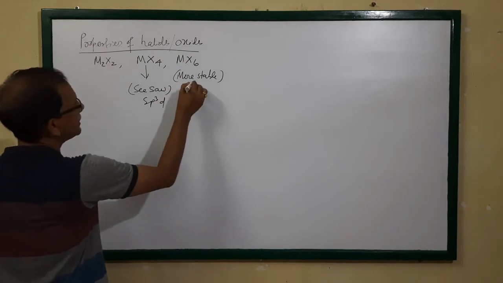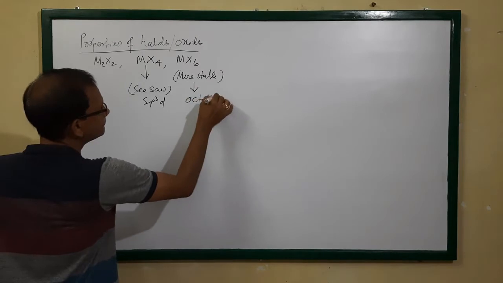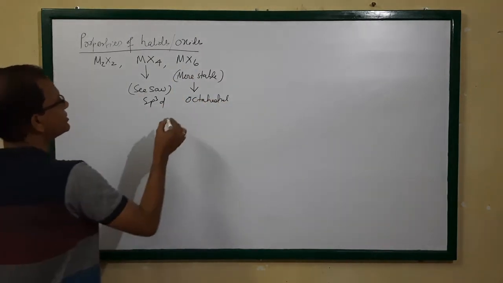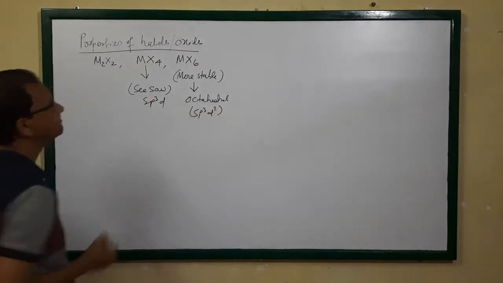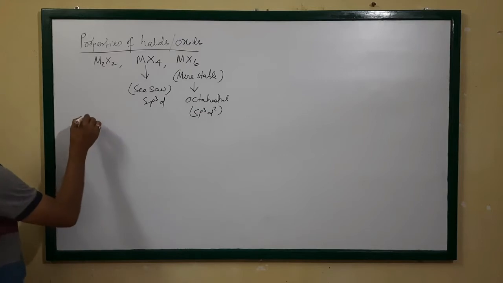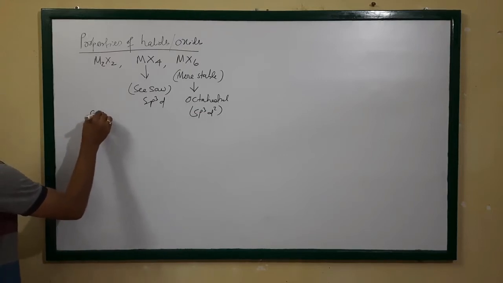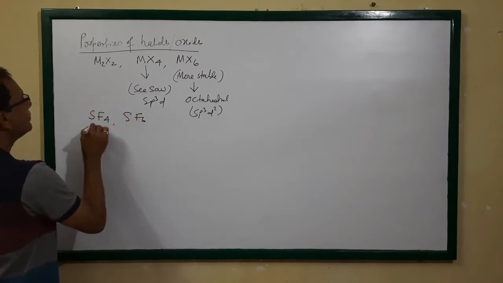And this type of halide, MX6, has an octahedral structure, and hybridization is sp3d2. If you see sulfur tetrafluoride and sulfur hexafluoride, if you compare these two,